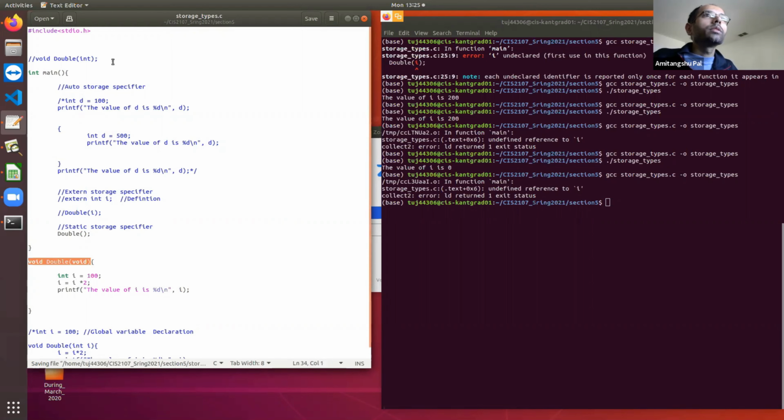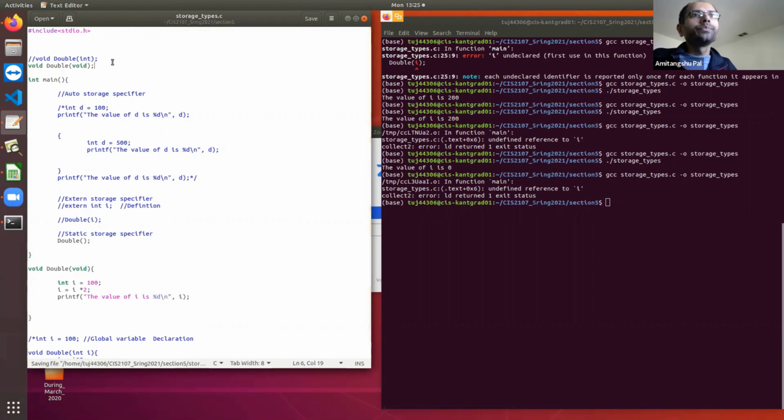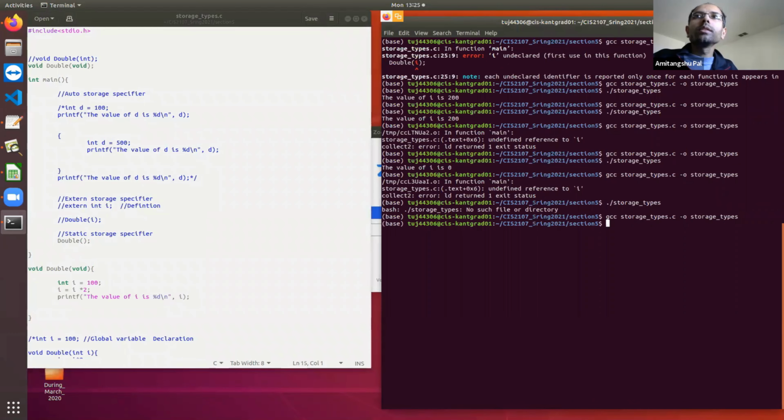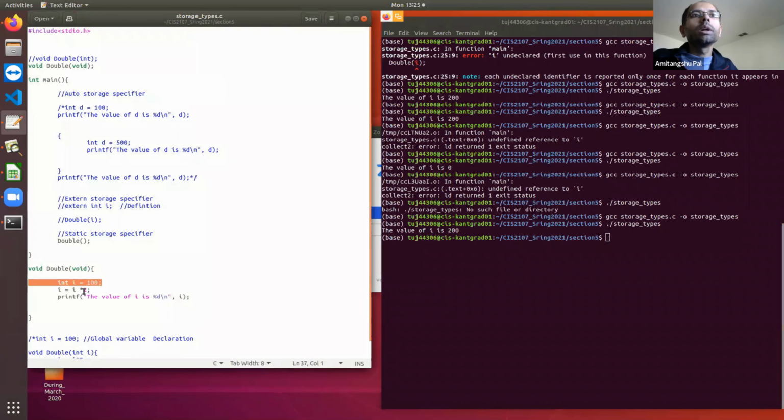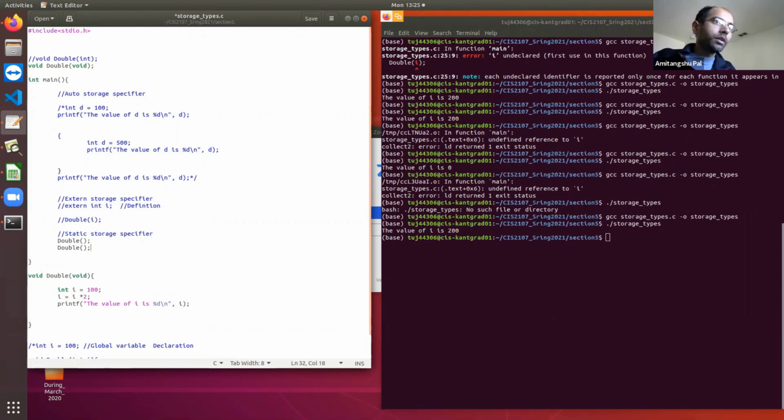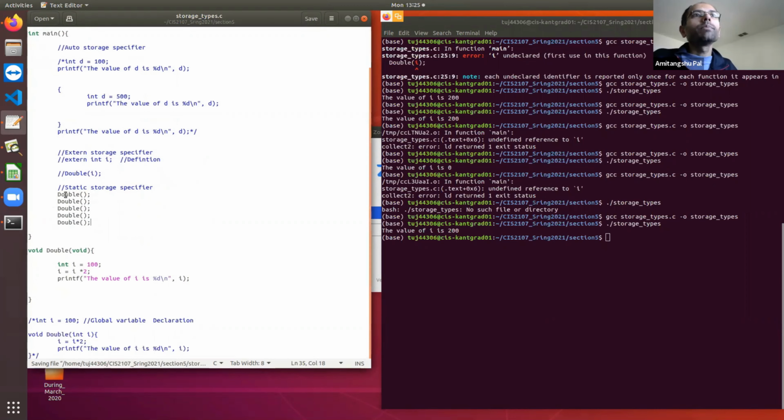And I'm just using this as a prototype. Now, if I run this, it is going to give the value of I is 200, because it initialized 100, multiplied by 2, and it is printed over here. So everything is fine. Now suppose I'm repeating the same function 5 times. So what is going to be the output of I?